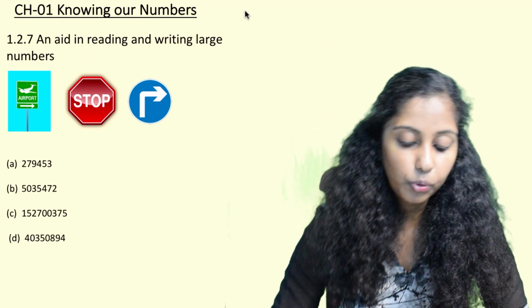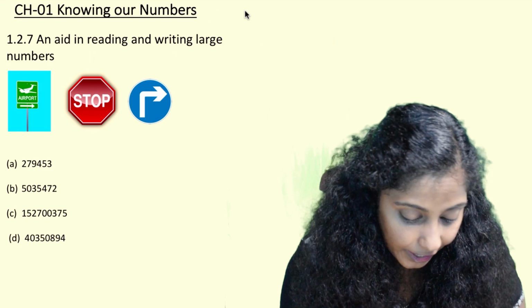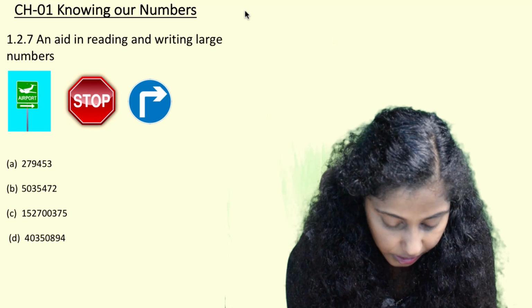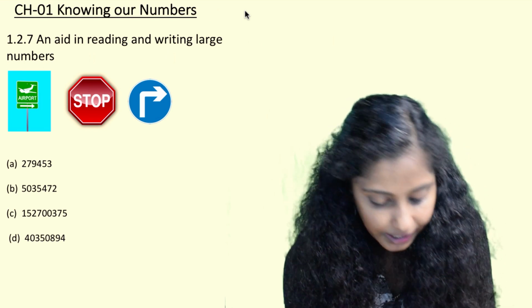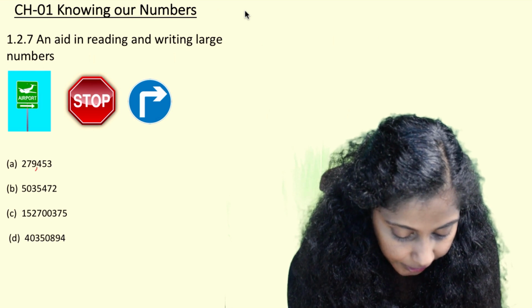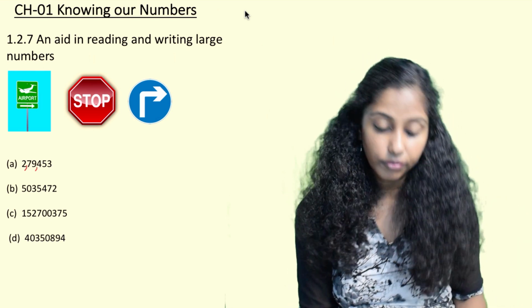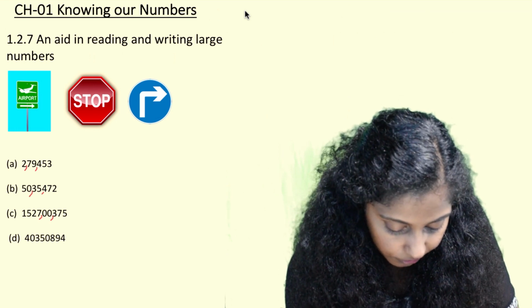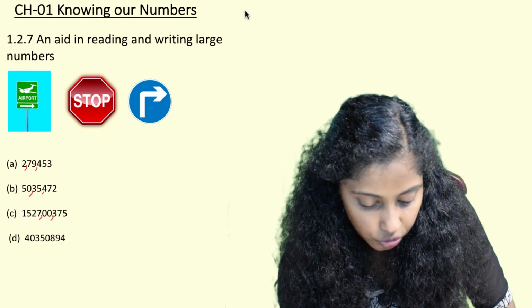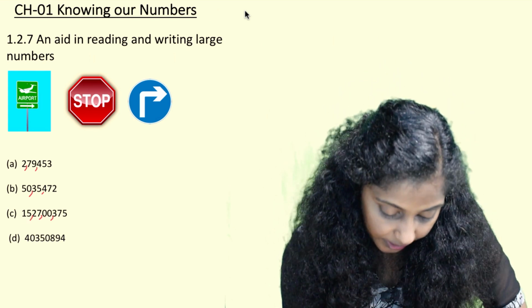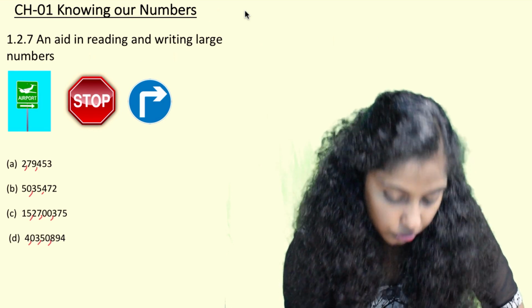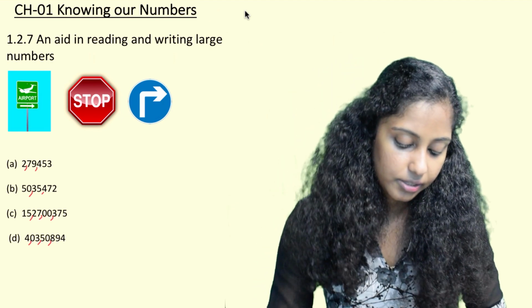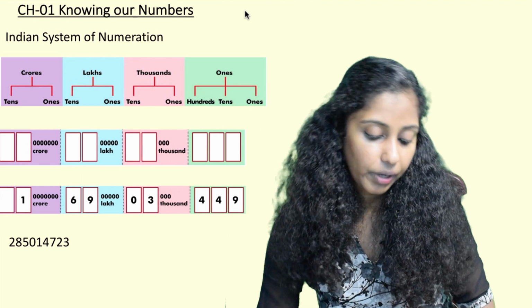So here, while we have to write large numbers, our help would be commas. How we place these commas is from the right hand side we move towards the left hand side in intervals of 3 and then intervals of 2. Like this we place commas everywhere. Three digits, then 2, then again 2. So this insertion of commas makes writing numbers very simple, and then reading also becomes very simple.